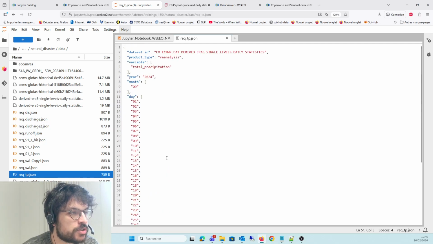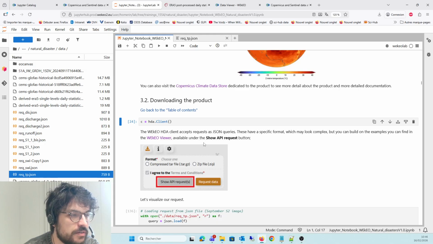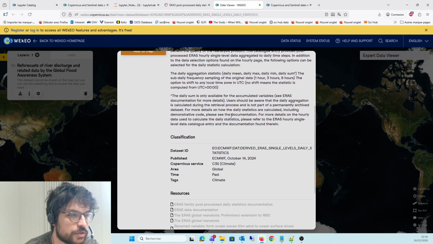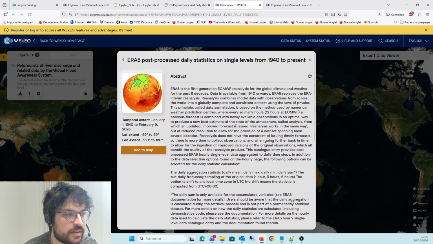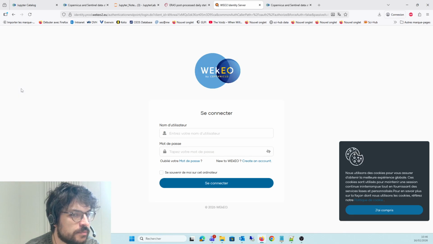But if you don't know what to write, how do you write such requests? It's actually quite simple. As explained here, in order to write this query, you can go to the WEkEO data viewer, the page that I've just opened thanks to the link in the notebook, and select the dataset and click here on the download icon.